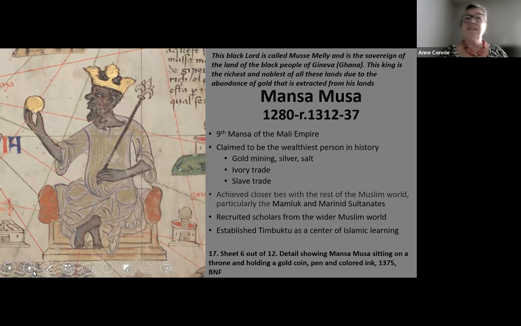So he was this black lord, and this was written on the map. This black lord is called Musa Mali, that's another name for him, and is the sovereign of the land of the black people of Geneva, which is Ghana. This king, the richest and noblest of all these lands, due to the abundance of gold that is extracted from his land. He lived between 1280 and